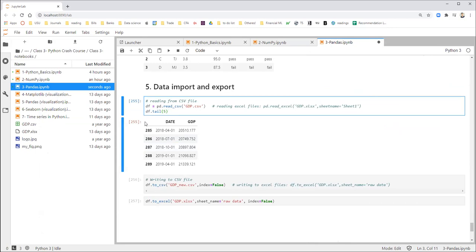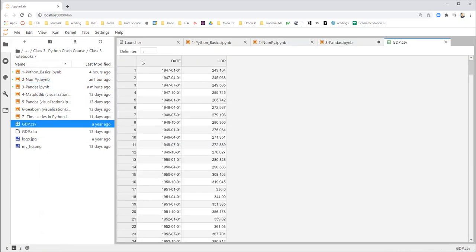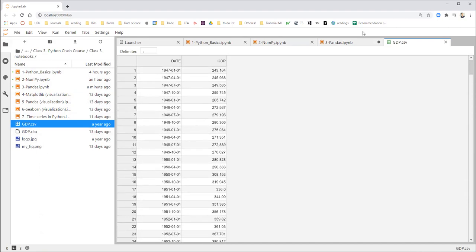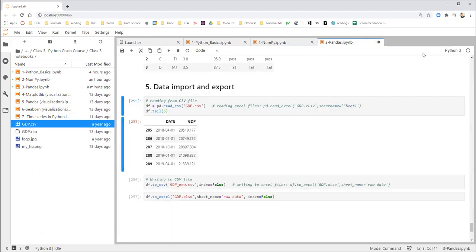I have a GDP CSV file in the same folder. If I open it up, it basically has date and GDP, right? Let's import this CSV file as a data frame. Okay, so I'm going to say df is equal to